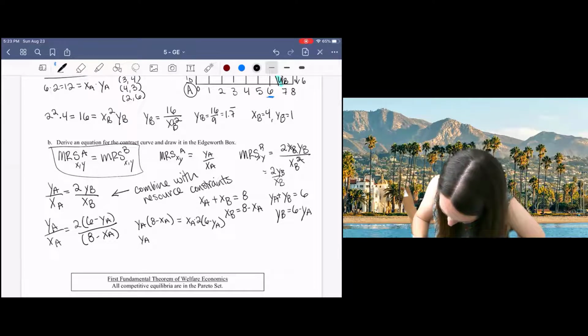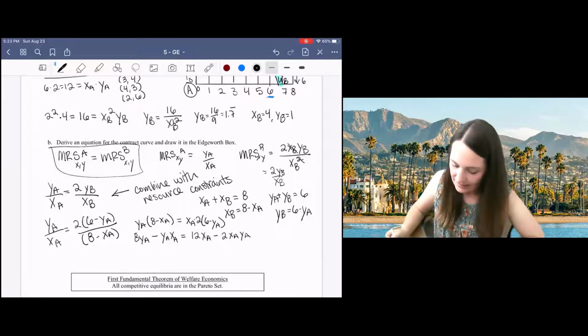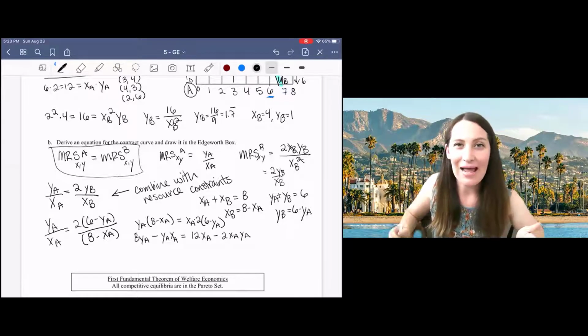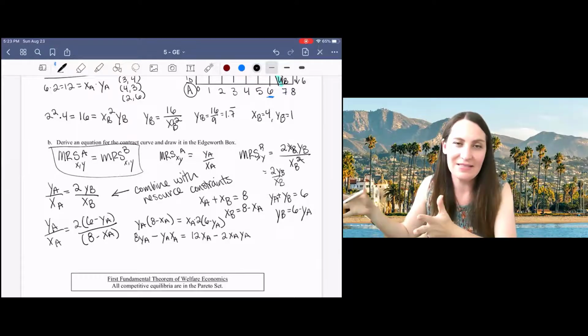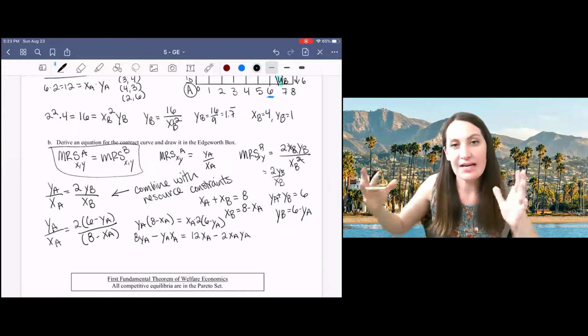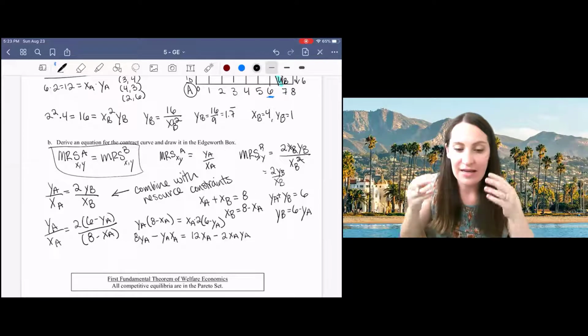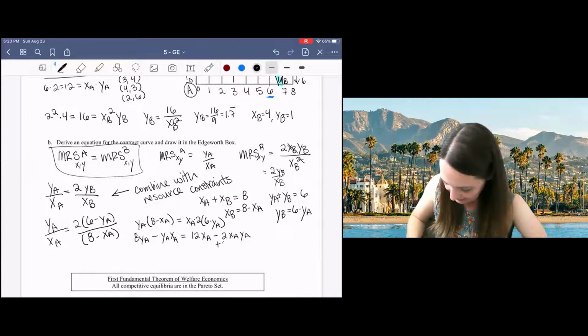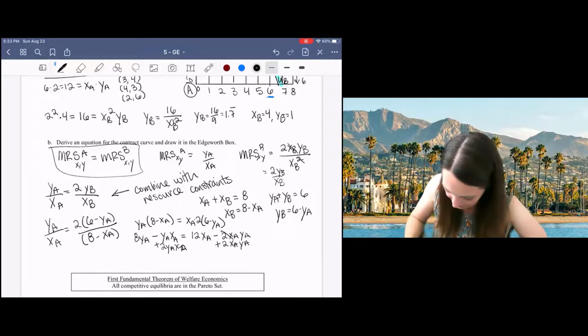And I can expand. Now I've got 8YA minus YAXA equals 12XA minus 2XAYA. I would like this to be YA equals some function of XA, right? So I'm going to try to gather all my YAs to one side of the equation by adding this term on both sides. So I've got 8YA plus YAXA equals